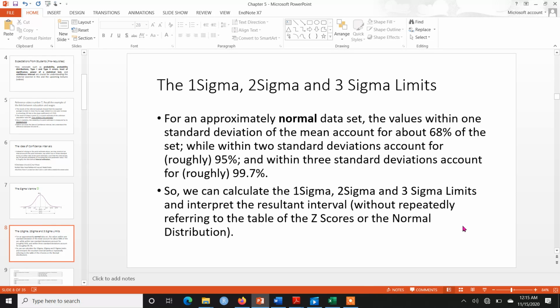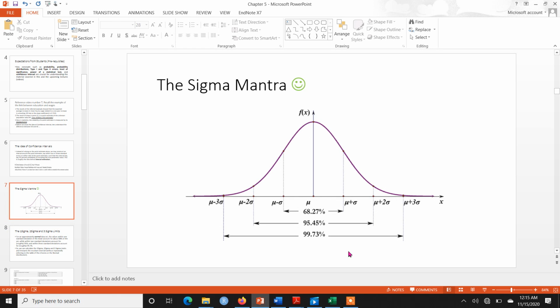So as I said, for an approximately normal distribution, the data within one standard deviation accounts for 68%, within 2 standard deviations 95%, and within 3 standard deviations 99.7%. So suppose I want to calculate a 3 sigma confidence interval, what would that mean? It would mean that I am making an interval within which the slope coefficient has a probability to be contained of